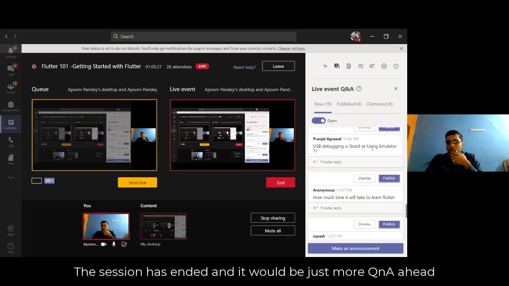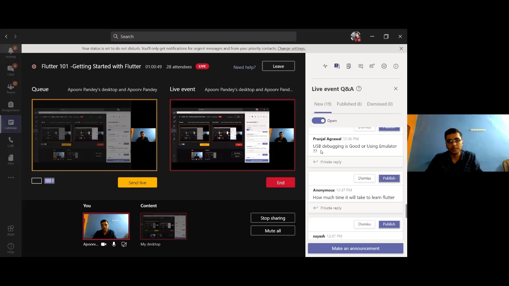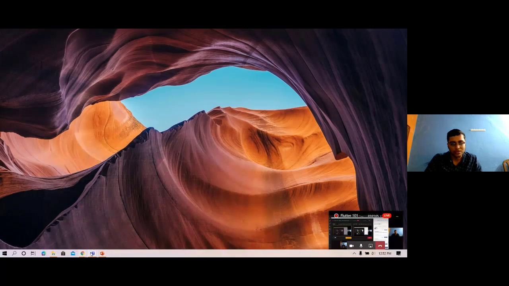Is USB debugging good, or using an emulator? It depends on what you are trying to do. If I'm getting your question right, you are asking whether you should use a real device or an emulator. It really depends on you. Let me tell you about myself. When I was getting started with Flutter, I did not have a machine with really high performance. It was a 4 gigs RAM machine with a dual core processor. So I just set up VS Code with Flutter,